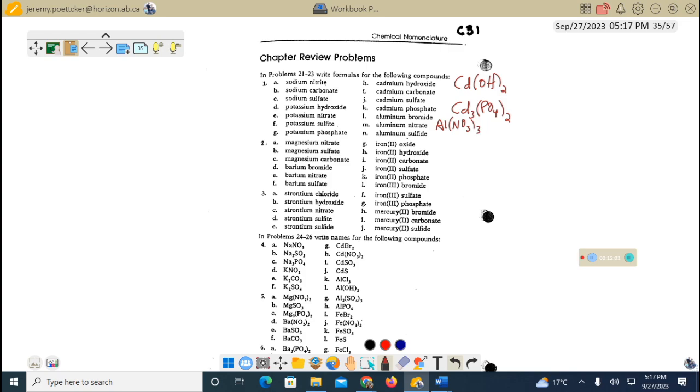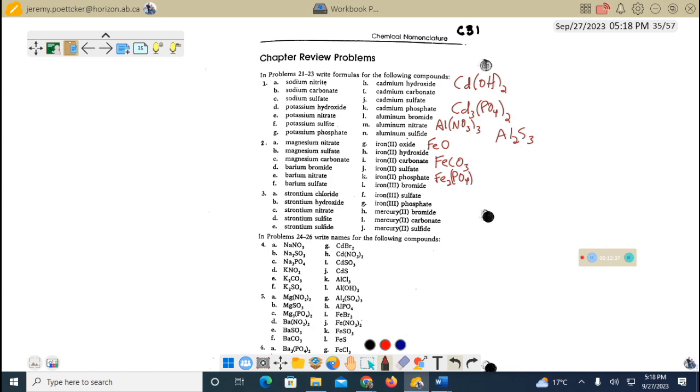Aluminum sulfide, Al2S3. We've got a bunch of iron-containing creatures here. So we first of all have FeO, or iron 2 oxide, my apologies. Iron 2 carbonate, FeCO3, sorry. Iron 2 phosphate,